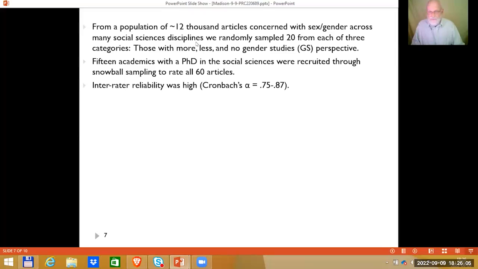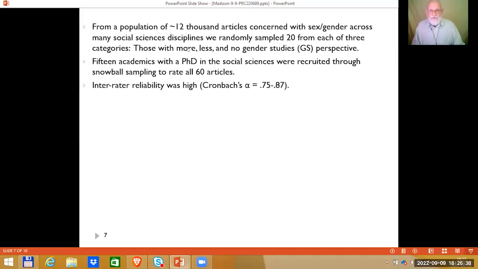And then we needed to have some kind of group categorization to make some sort of comparison on which to test the items. And in this case, we chose the category that these articles applied a gender studies perspective. We don't need to go into what that is for the sake of just testing this instrument. But the idea is simply that